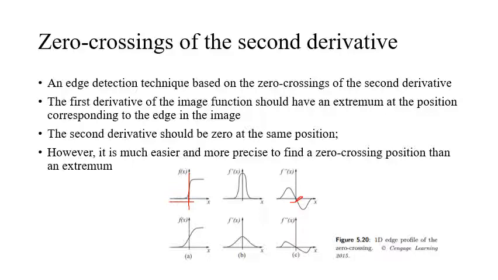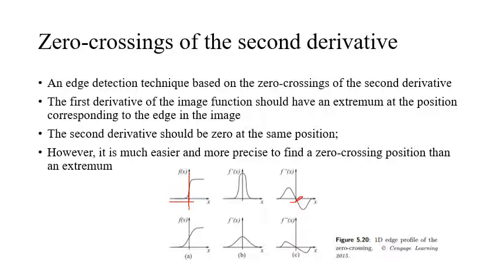Now the crucial question is how to compute the second derivative robustly. One possibility is that we can smooth the image. Smoothing means we do a low pass filtering, that is, we reduce the noise, and then we compute the second derivative. When choosing a smoothing or averaging filter to remove the noise, two criteria should be fulfilled. First, the filter should be smooth and roughly band limited in the frequency domain. By doing this, the number of frequencies at which the function changes can take place will reduce. So we cannot have too many frequency changes, so we band limit the frequency.